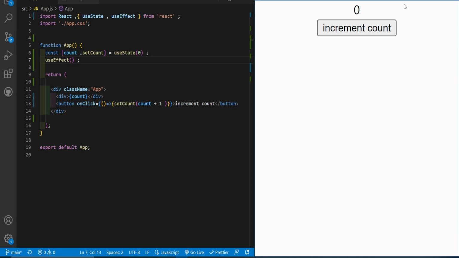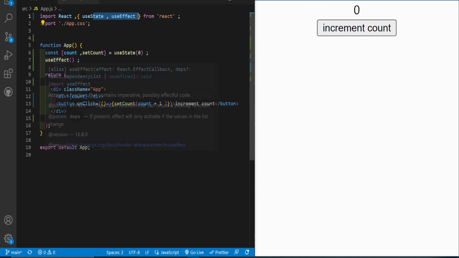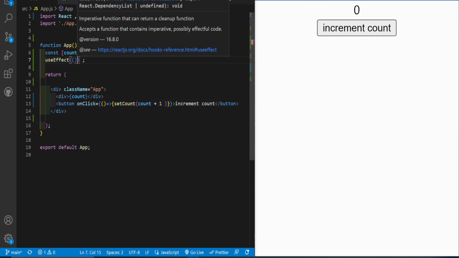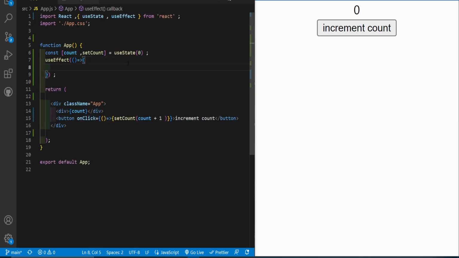The first thing we need to do before using useEffect is import it from React, just like that. And now to start using useEffect, we need to pass it 2 arguments. The very first one is going to be a function, and inside of this function we can write some logic, what we want to do when the component gets rendered. And the second one is going to be an empty array,